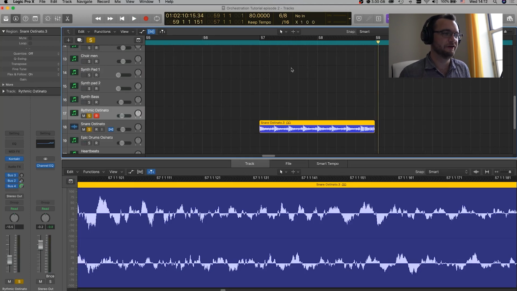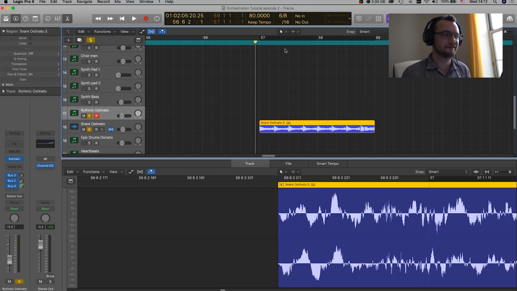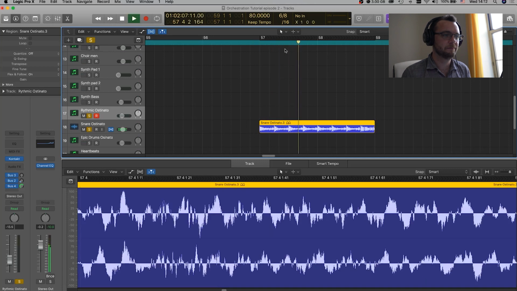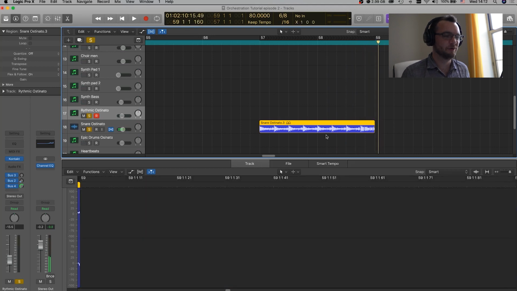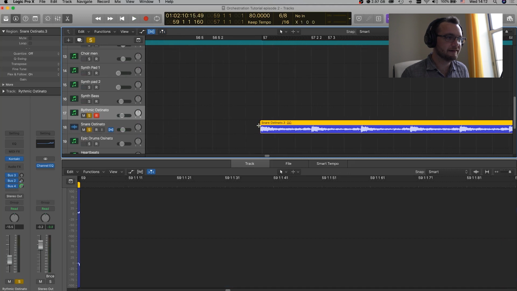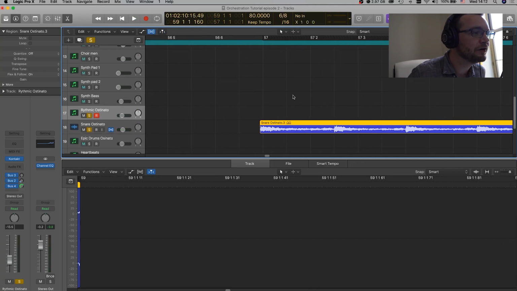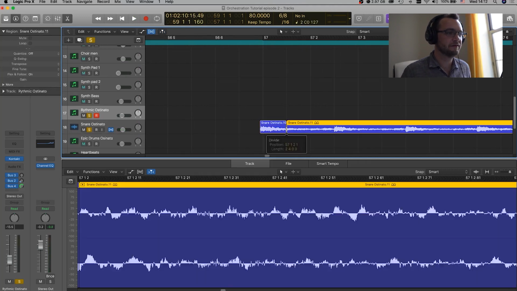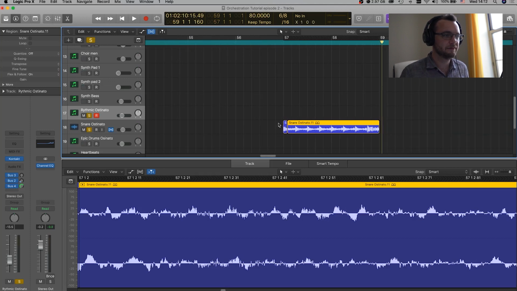For that snare, I used this little snare loop I found somewhere. Here's how it sounds. But I don't like this little roll at the end, so what I want to do is edit it and cut it. For example, here,